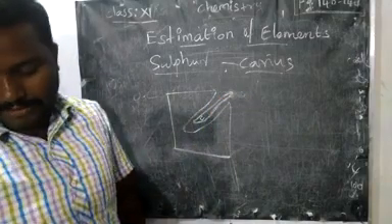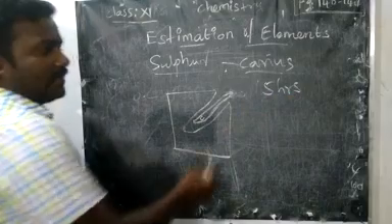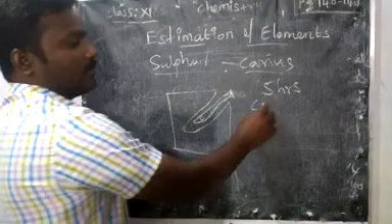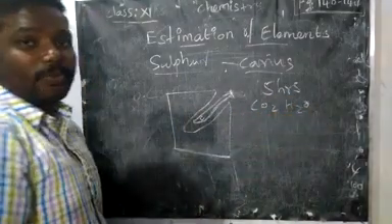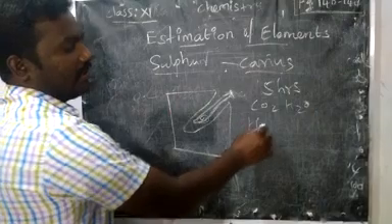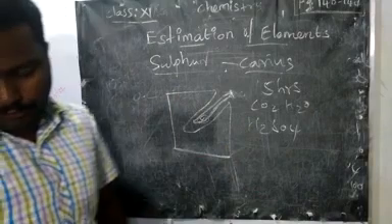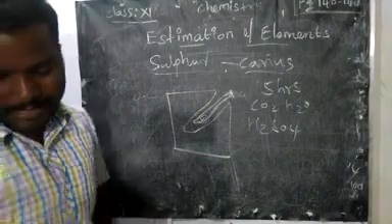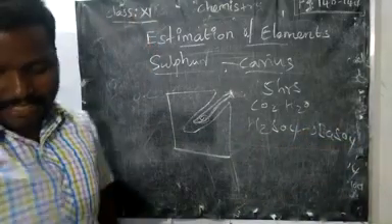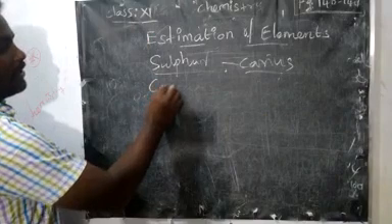Here we should heat for 5 hours. How long do we heat? 5 hours. After that we have to cool, then we can open it. It may have some gases like CO2 and water, because carbon and hydrogen may also be present in the organic compound. So we can remove all the gases. Remaining, we are left with H2SO4, right? Then we add barium chloride, and it becomes barium sulfate. Based on the amount of barium sulfate, we can do the calculation.